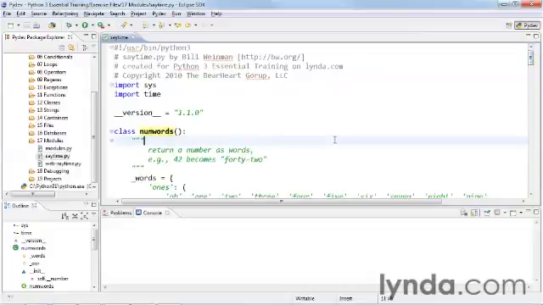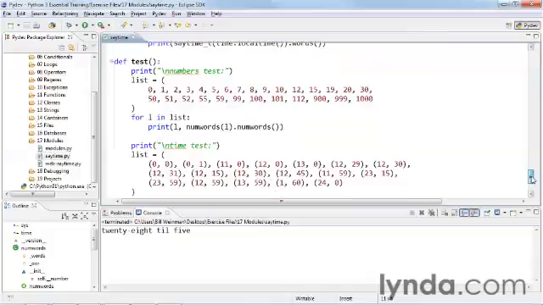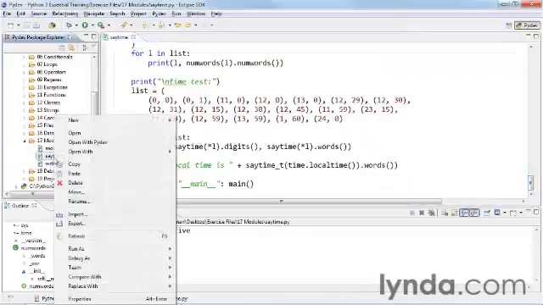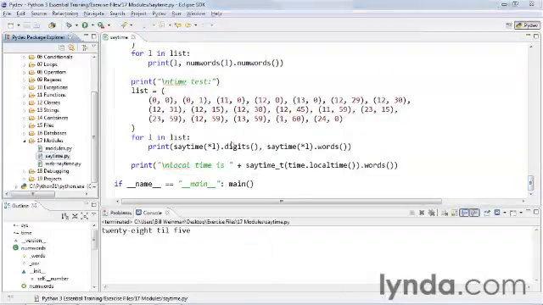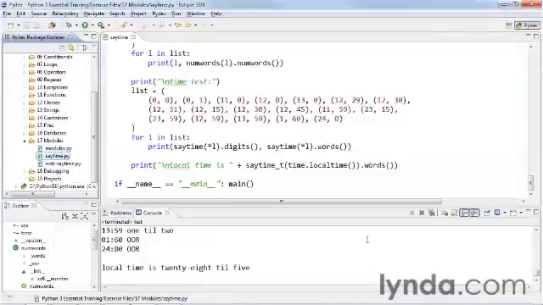In fact, if I run it, I'll go ahead and do that. You see that it gives the time right now, 28 till 5. It can also be run with an argument that has it run these tests, and in Eclipse, it's a little bit of a production to get it to do that. To come over here and give it an argument, say test, and apply and run,